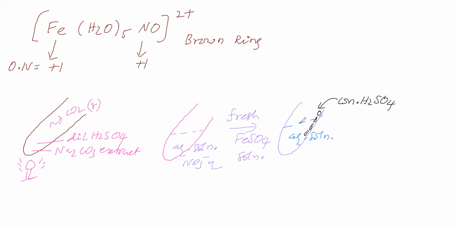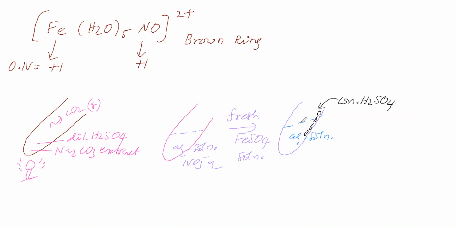What will happen? Concentrated sulfuric acid adding into an aqueous solution means immediate dehydration is possible. A lot of heat will be produced, so the solution will sprinkle out. So don't add concentrated sulfuric acid directly into the bulk of the aqueous solution. Add concentrated sulfuric acid drop by drop onto the inclined part of the test tube, that is the inner wall of the test tube.